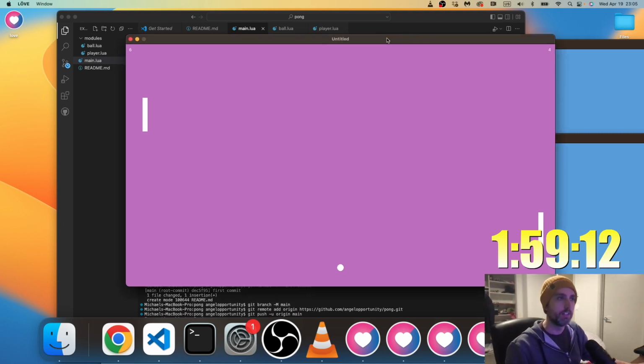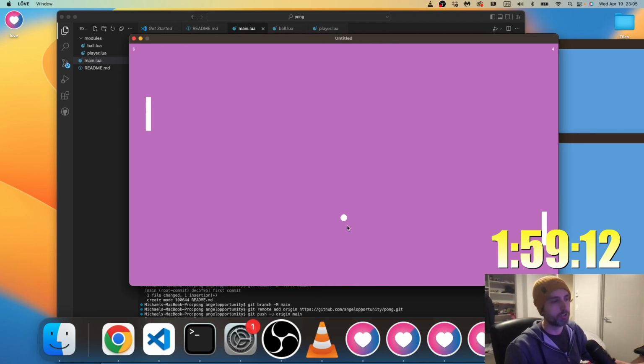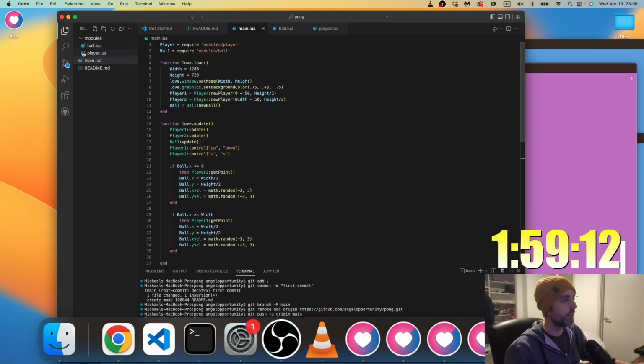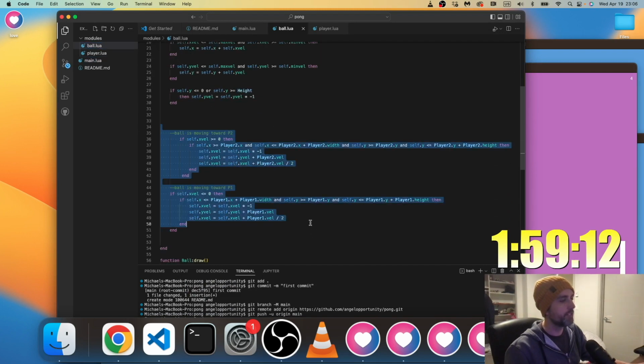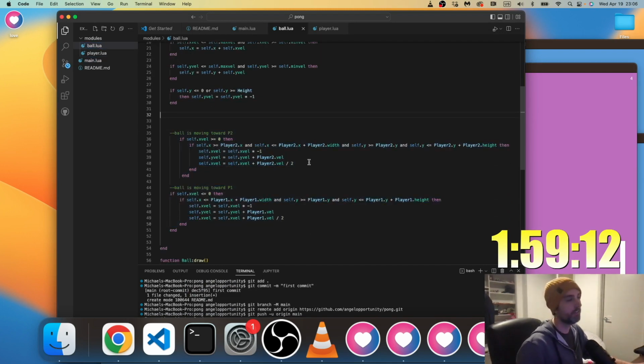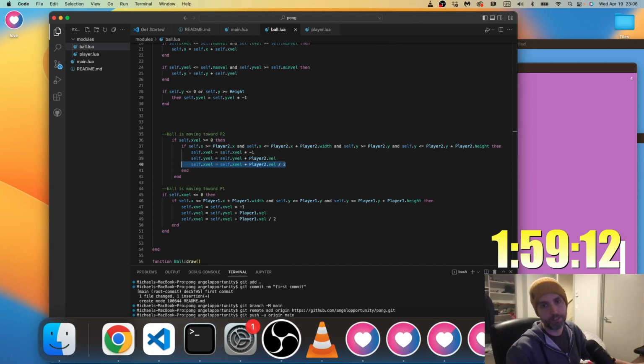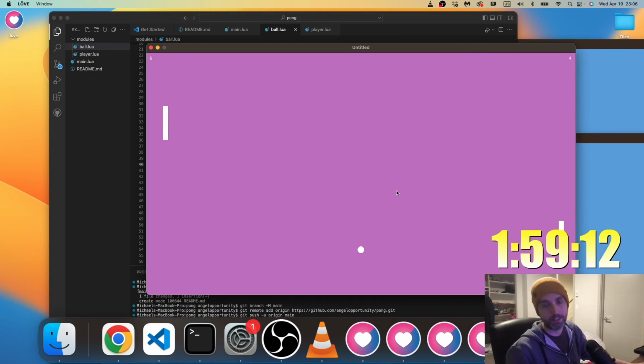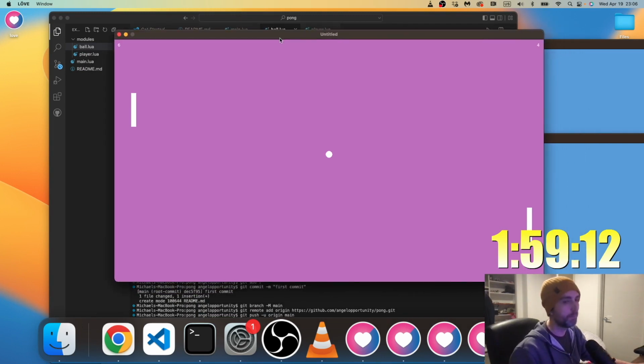And I also want to try to do some more speedruns. This is actually really helpful. You saw I really struggle with some of that collision detection stuff, and I think this divided by 2 thing is janky. That's probably not the way to do it. But for the purpose of the speedrun, I got the functionality of Pong in just under 2 hours. I hoped I could have done faster than that, but I'll take it.